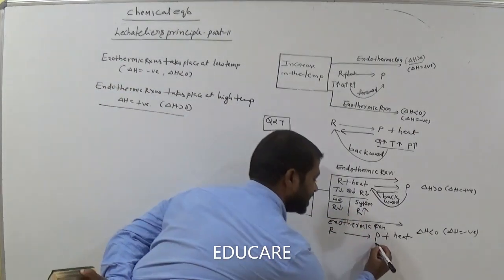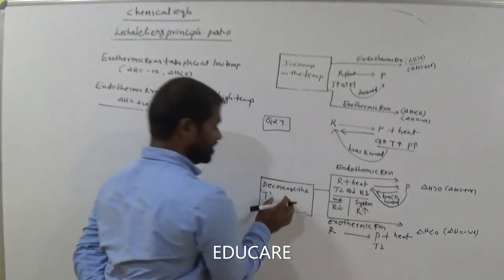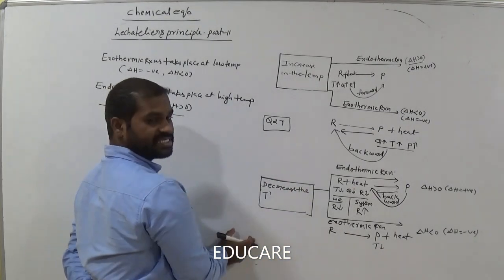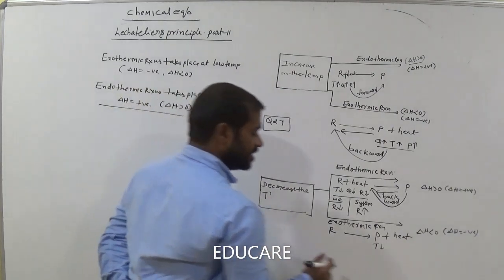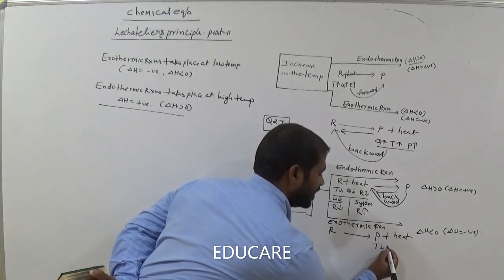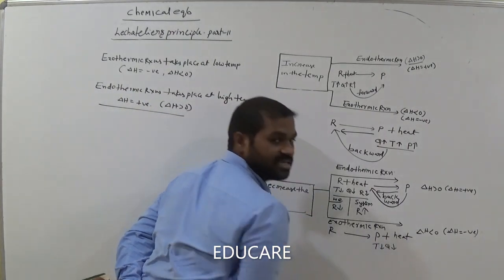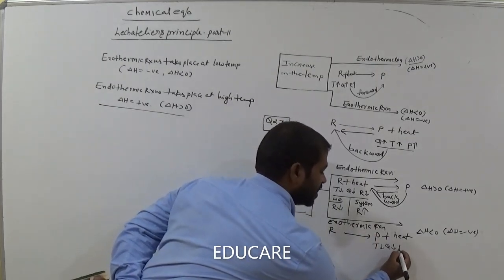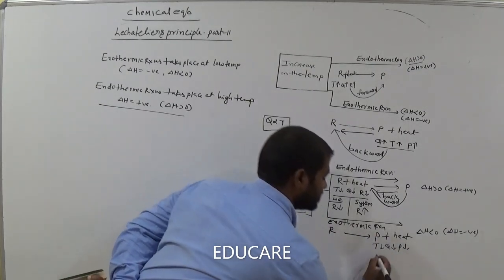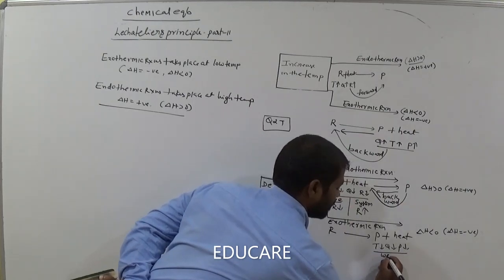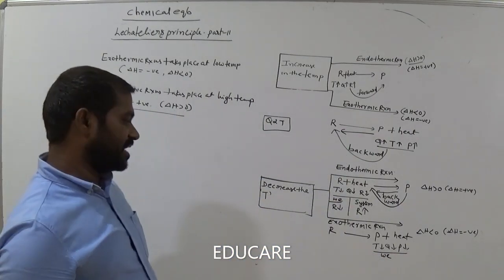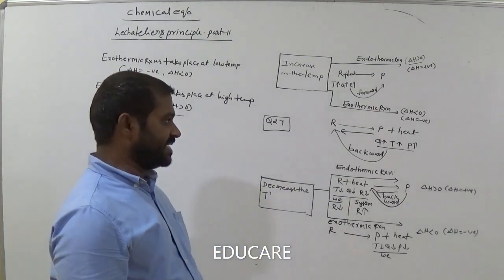Now according to this statement, in an exothermic reaction, we decrease the temperature. Temperature decreases, automatically Q also decreases. Here the product also decreases. This is done by us, am I right? Done by us. Okay, product concentration decreases.